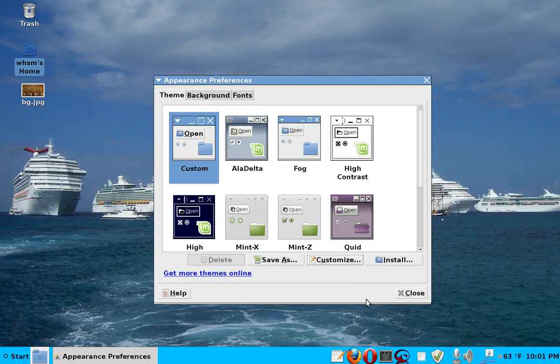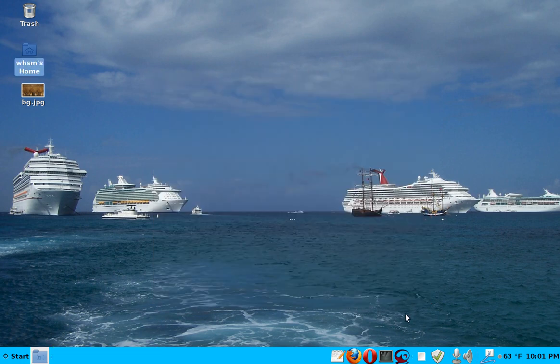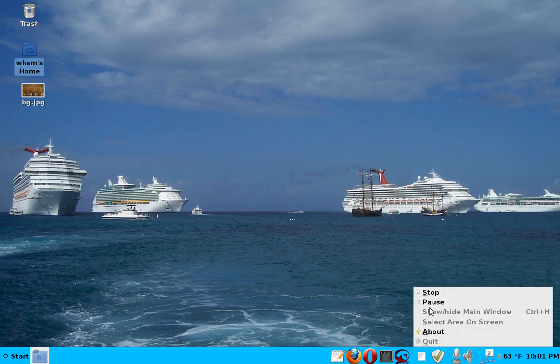So let's close that. And that's actually all I wanted to talk about in terms of the themes and in terms of the skins, just to show you that there is a great variety of options, many more than in Windows. So that's very nice. You can customize your system the way you want. Okay, now let's close this. We close it here and